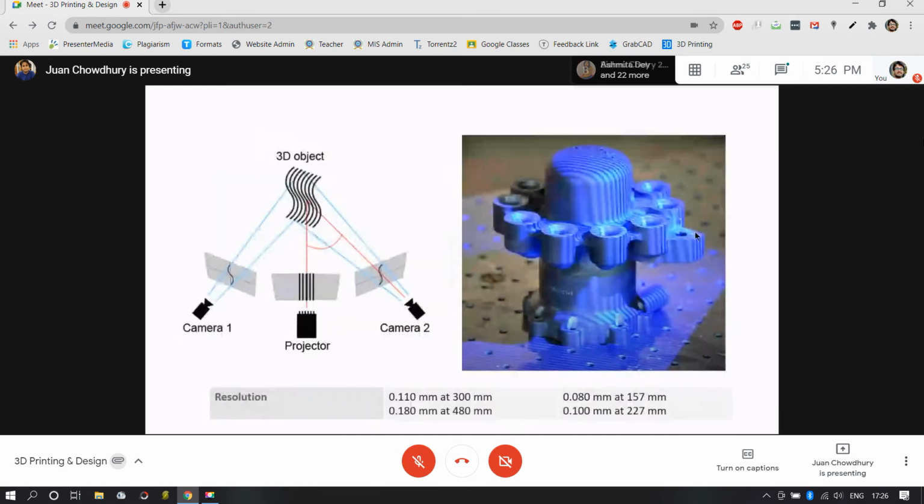So how does this system work? It has a projector that projects a particular wavelength of light, and a camera that detects the bending of light. This bending of light can be detected by two cameras, just like we have two eyes for depth perception. Similarly, if you get two cameras looking at an object, it is going to give you depth perception. So you capture the 3D object from the two cameras and merge the images to form one 3D layout of points. But this is not sufficient, because as you can see in this diagram,